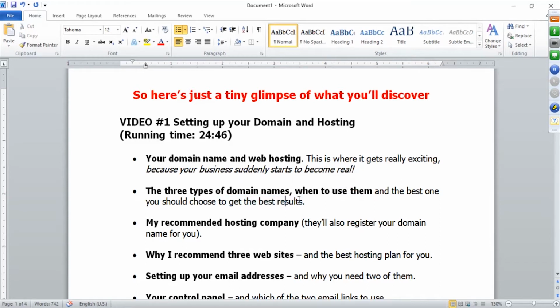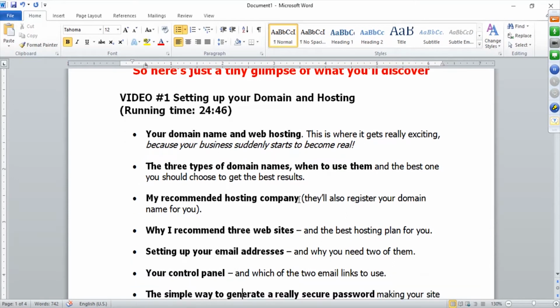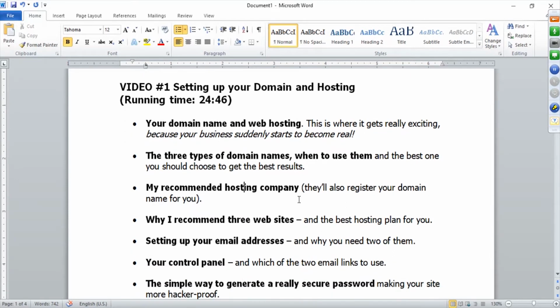Whatever the business is all about. So another thing here as well, let's say my recommended hosting company. They'll also register your domain name for you. So the second part of this in the parentheses here, they'll also register your domain name for you. That's pretty good because it implies a benefit, and that's kind of like a done for you element to this